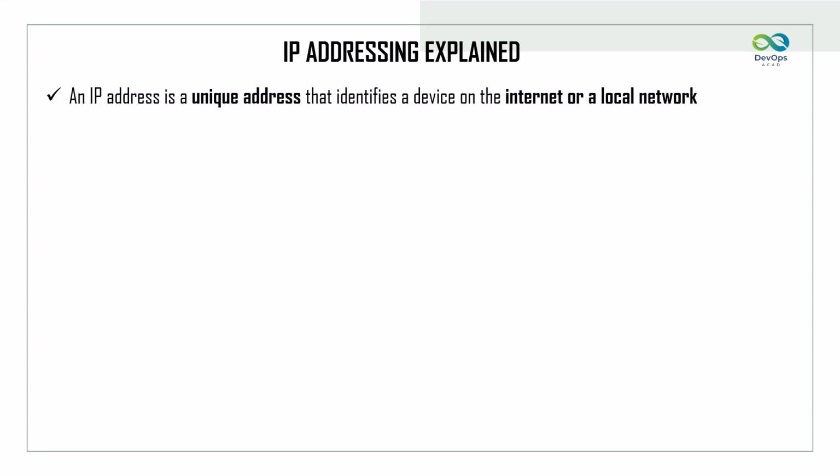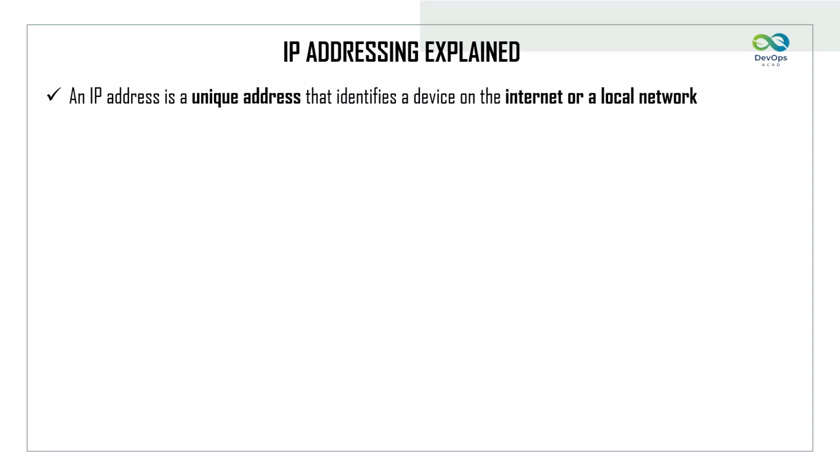IP stands for Internet Protocol. Remember, in the earlier slide, we talked about rules, which are referred to as communication protocols. So one of the protocols that allows for this exchange of data between our devices is the IP address. An IP address is a unique address that helps to identify a device on the internet or in